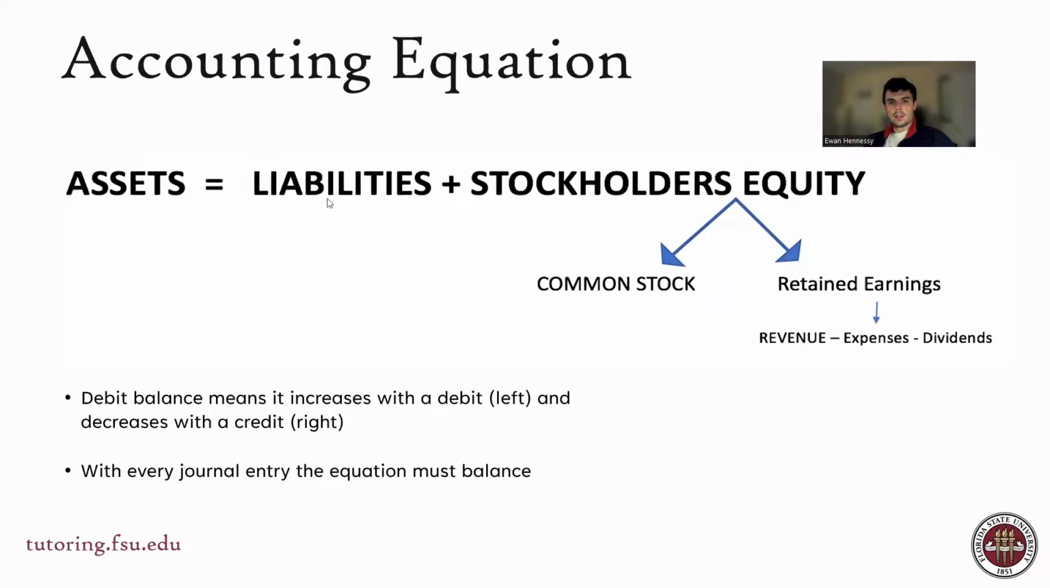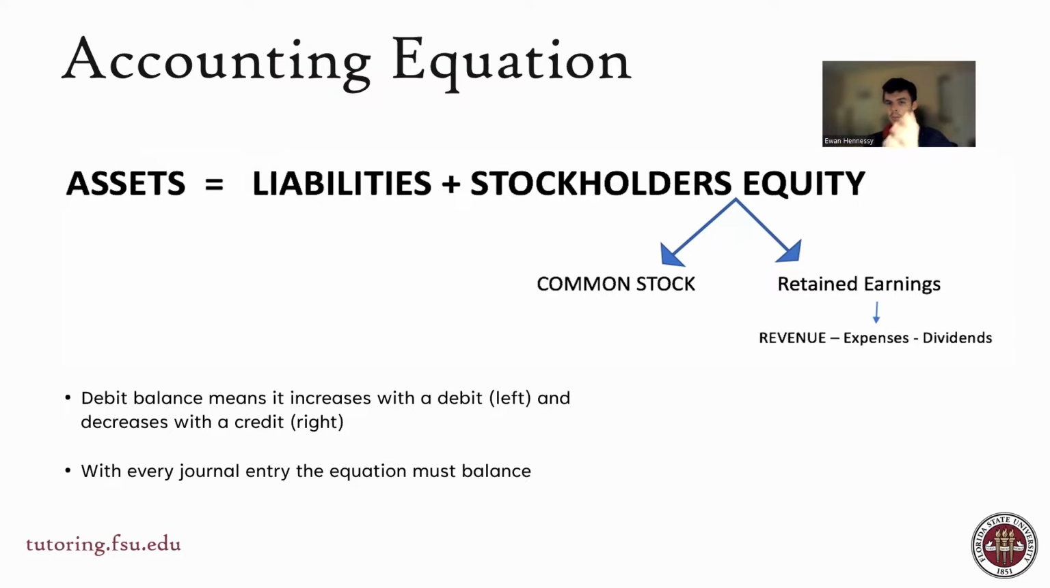So I like to think of the equation in this horizontal format, with stock equals equity having these two branches that come down. The value of the common stock and the value of retained earnings combined, right, create total stockholders' equity. And remember, retained earnings,